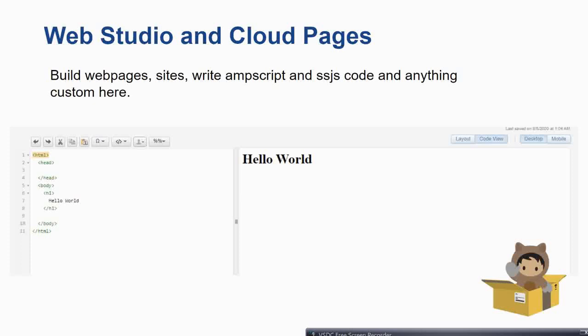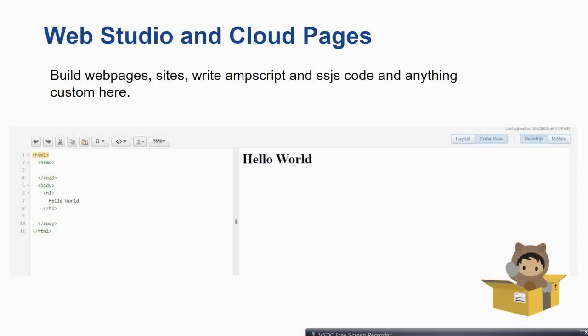You will be dealing with almost every code section entirely over here. Although Salesforce Marketing Cloud provides the drag and drop facility, if you are working in the Salesforce Marketing Cloud teams, you will be coming across developing web pages or websites entirely on this platform. So you can do all kinds of stuff inside this. Anything which is custom could be done over here.